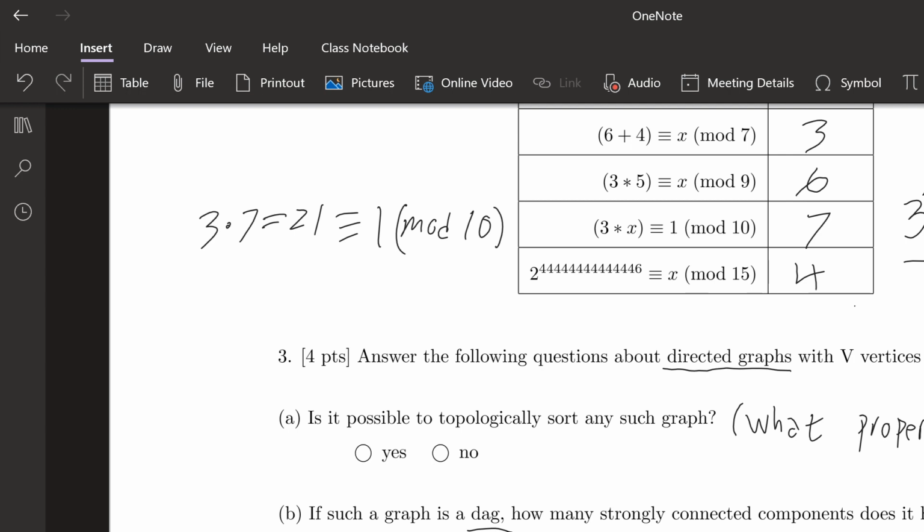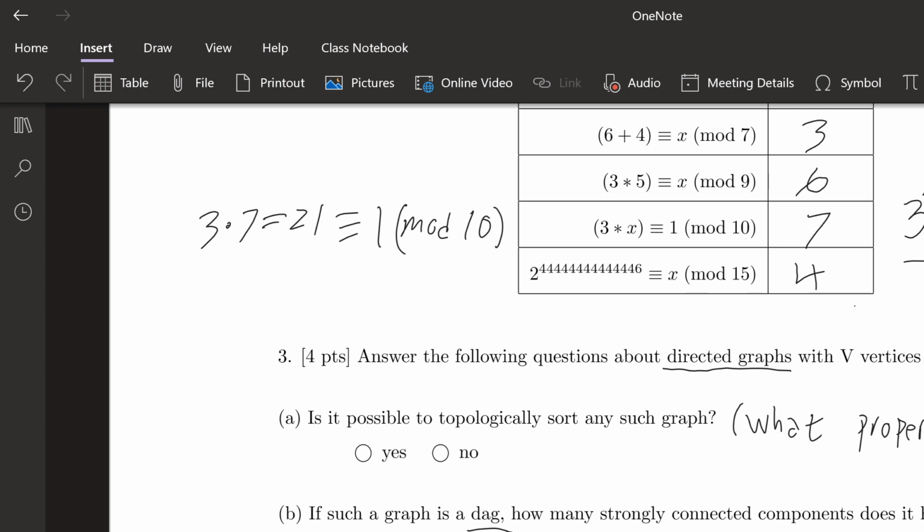So I'm going to walk you through about here. In a directed graph, a strongly connected component is comprised of a set of vertices that can all reach each other, right? So, for shorthand, we can say there exists some cycle that all of those vertices can reach each other. So, in a DAG,